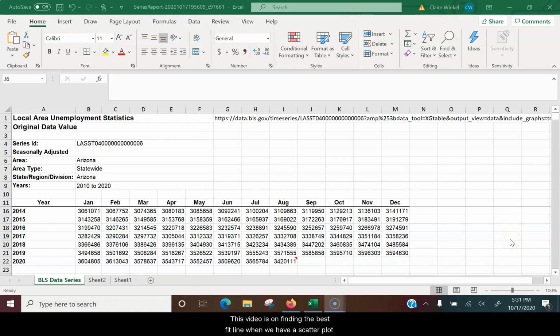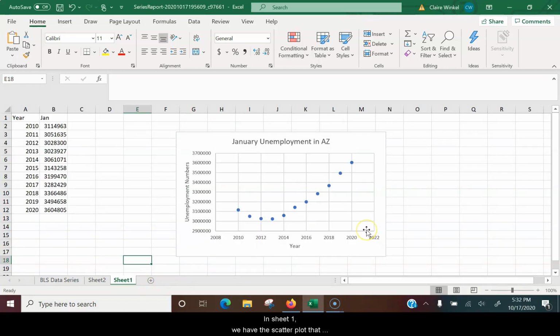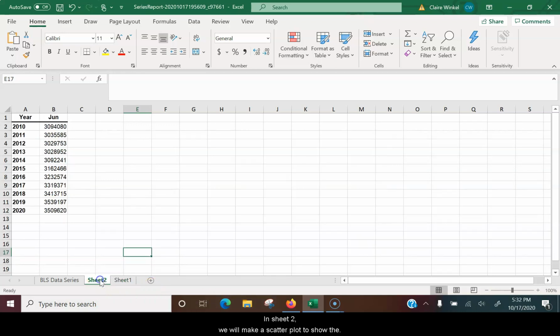Welcome! This video is on finding the best fit line when we have a scatter plot and finding the correlation coefficient of the data. In sheet 1, we have the scatter plot that shows the January unemployment in Arizona with respect to year. In sheet 2, we will make a scatter plot to show the June unemployment numbers with respect